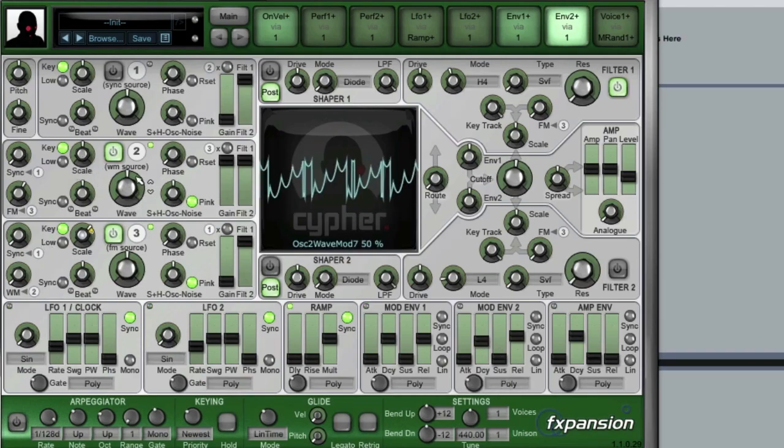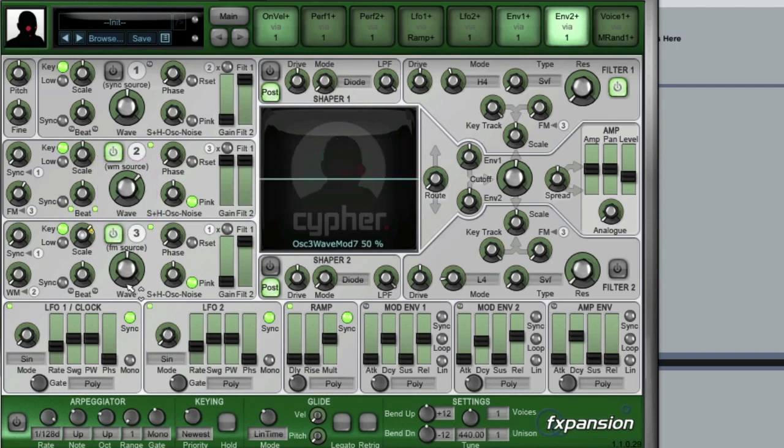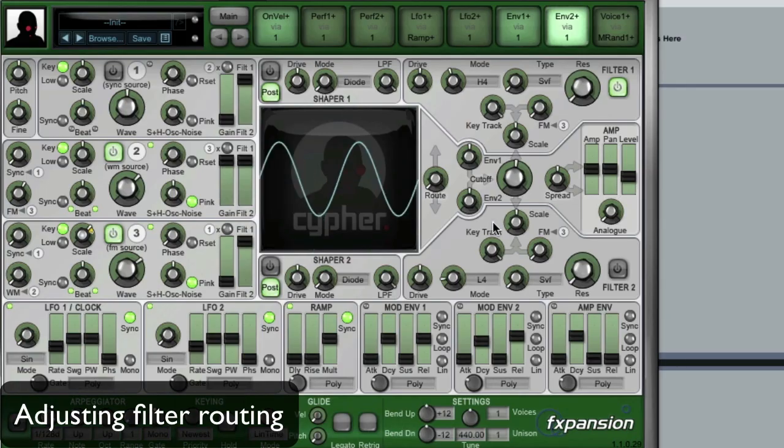And now I'm going to play with the waveform in oscillator 2 to see if we can get some more harmonic content here. Okay, I like how that sounds. And I'm going to try playing with the waveform in oscillator 3 as well. Okay, that's sounding good. So one thing that I'm going to do now is I'm going to adjust the filter